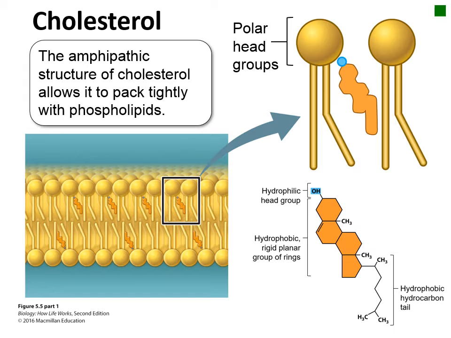At normal cell temperatures, the interaction of the rigid structure of cholesterol with the phospholipid fatty acid tails reduces the mobility of the phospholipids, reducing their fluidity. But at lower temperatures, cholesterol prevents the phospholipids from packing tightly together, increasing membrane fluidity so that it does not become too rigid. This is not required in plant cells because the presence of the cell wall provides support for